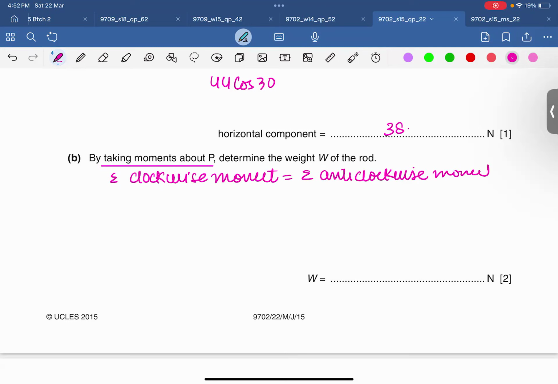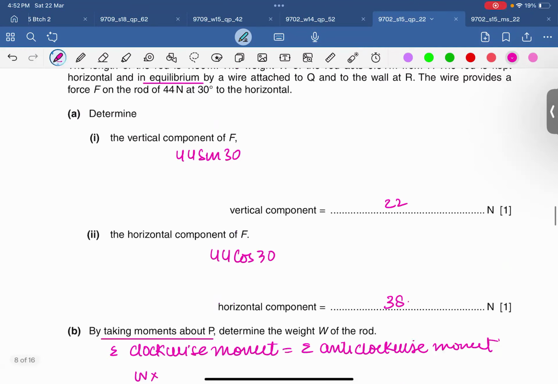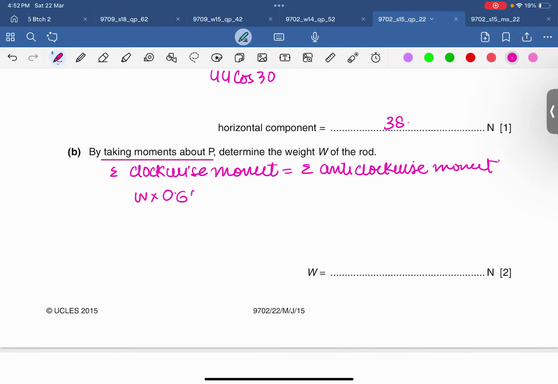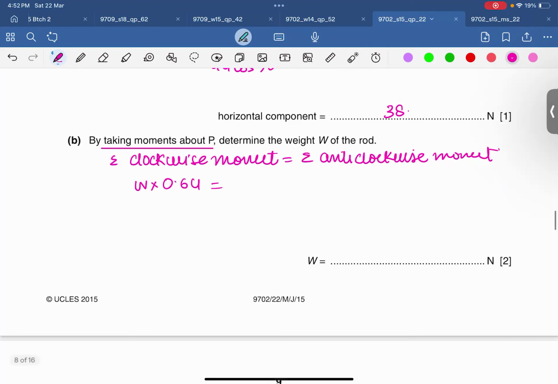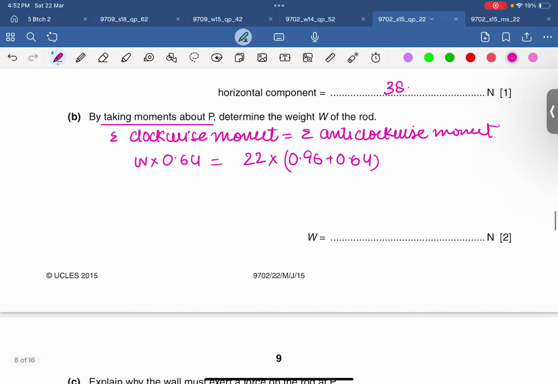clockwise moment। Now clockwise moment is due to the weight W which is acting at a distance of 0.64, okay, and is equals to the other force F sine 30 which is 22, and this is at a distance from the pivot, तुमने लेने होते सारे distance from the pivot, always keep in mind। So it should be 0.96 plus 0.64, okay। So 22 into 0.96 plus 0.64, okay। So यहाँ से weight निकाल लो।